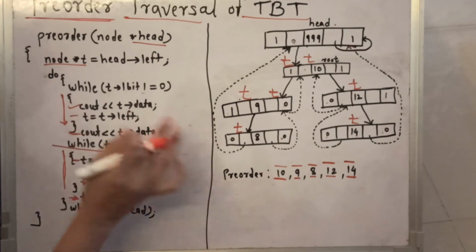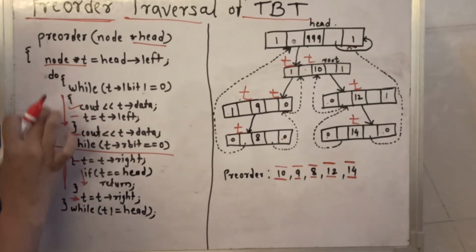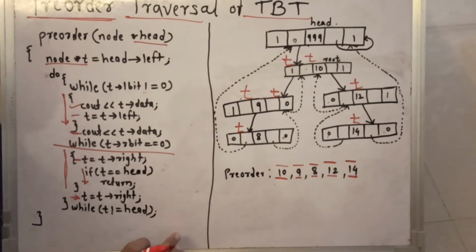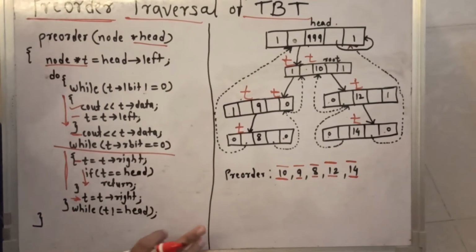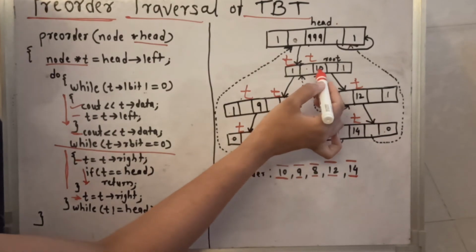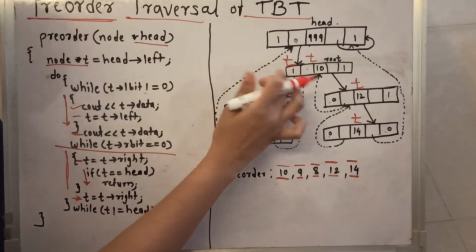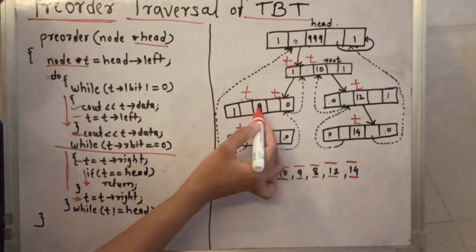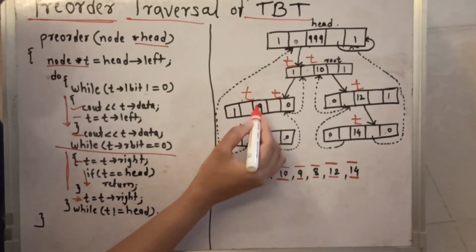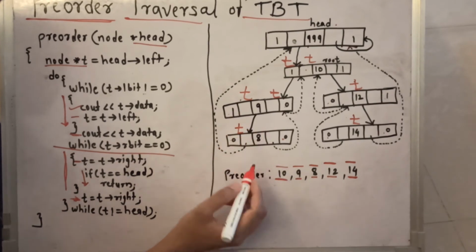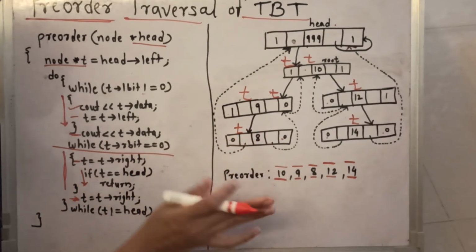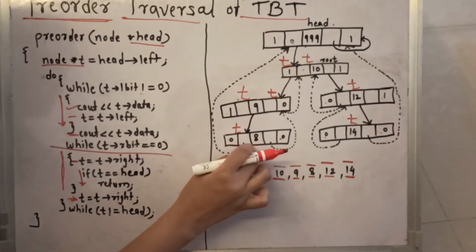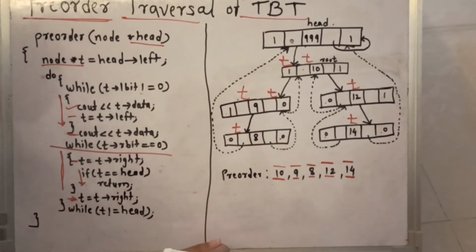So in this way, according to the theoretical explanation, if we write the code like this way here, then we will get the correct pre-order traversal of the threaded binary tree. Only what we have to remember here, that we have to start from the root node, print the value and check the L bit field. If the L bit is equal to 1, go to the left side, print the value, again check the L bit field. So till the L bit is equal to 1, we have to traverse here. Whenever the L bit becomes 0, we have to stop there. We have to come out of the loop, print the value of that last node and check the R bit field.